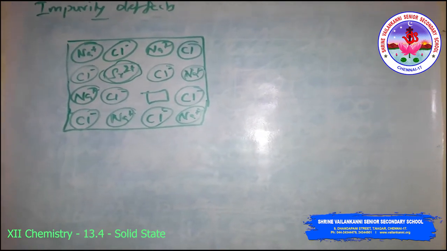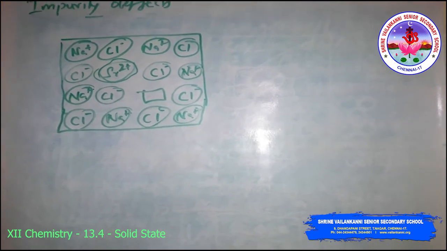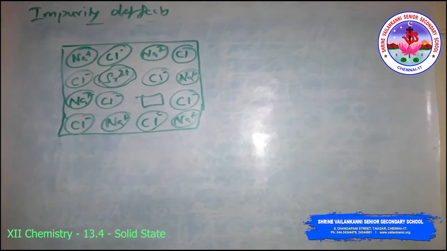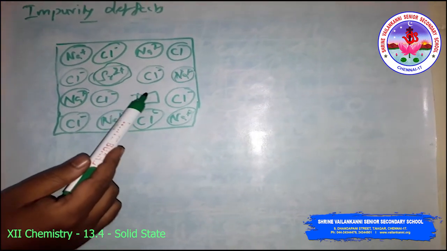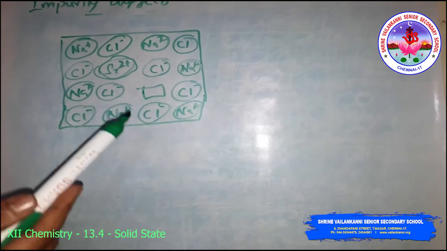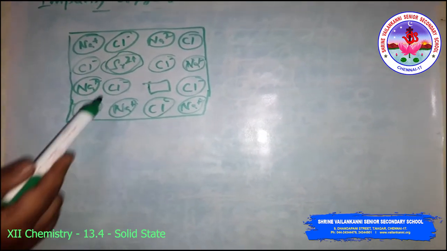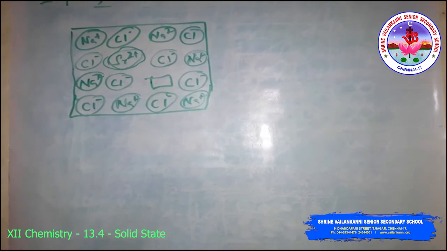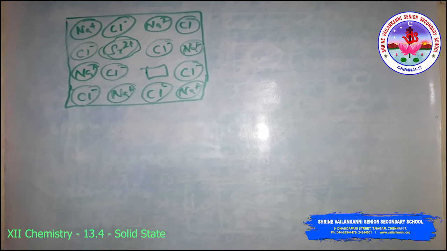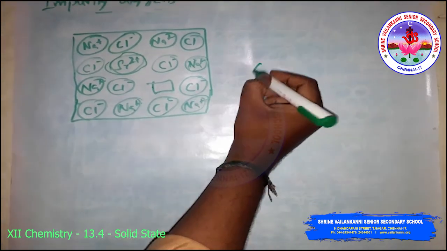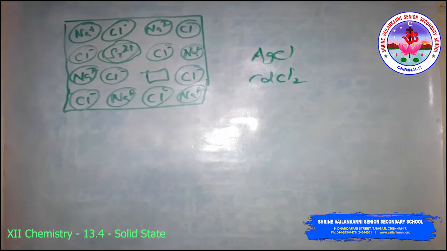Each strontium ion replaces two sodium ions. So it occupies the site of one ion and the other site remains vacant. Look at this, the other site remains vacant. The cationic vacancies produced are equal in number to the strontium 2 plus ions. Another example is the solid solution of silver chloride, AgCl, and cadmium chloride.